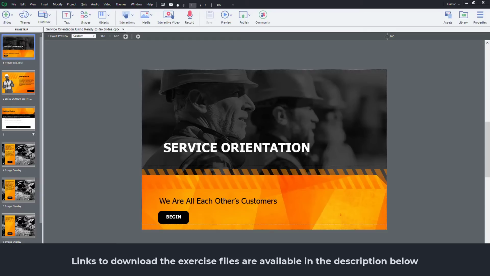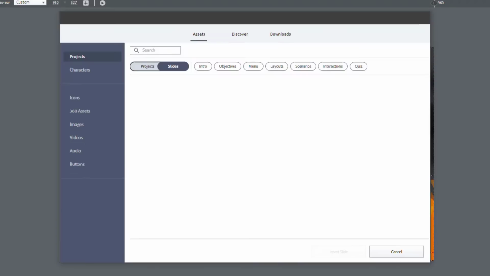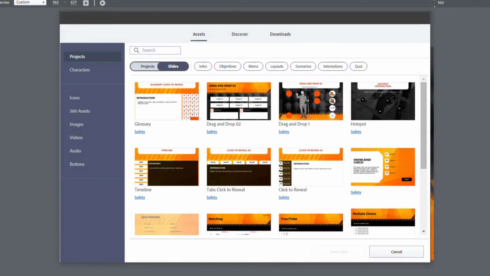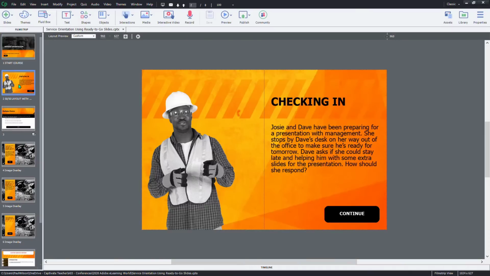Slides, and this would be included as part of the downloads that you can get for this particular session today. Using the Assets window, I've selected a series of ready-to-go slides that fit this particular design that I have in mind. I will show you, of course, that if you wish to add a knowledge check slide instead of a